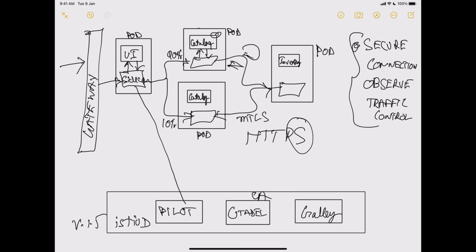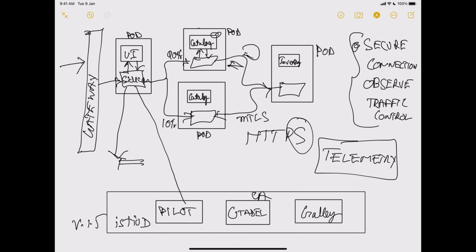There is another component in Istio that is called telemetry. While this communication and routing and all this traffic management is happening, your sidecars can generate all the telemetry information, like if there are errors generated, or who called whom, or at what time, or how much response time was taken. All this information can be generated and sent to tools like Prometheus or Grafana, where you can do analytics based on the telemetry of your application.